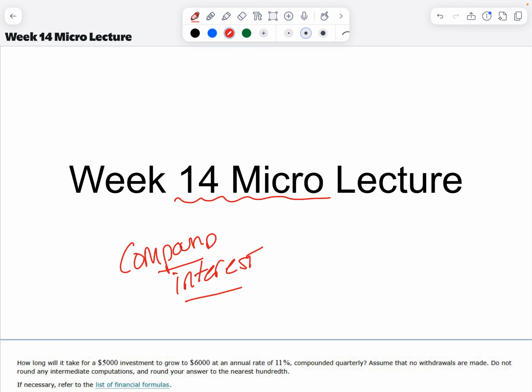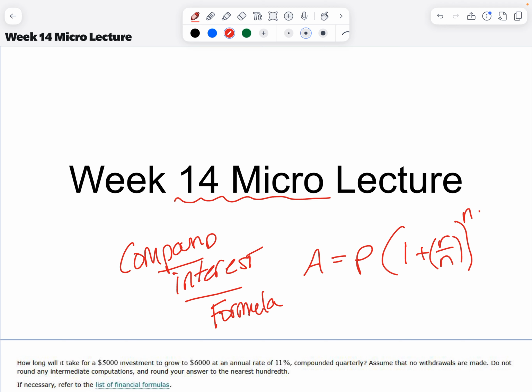All right, so compound interest formula. Make sure that's written down. You don't want to be scrambling trying to remember this. So A equals P times (1 plus R over N), and I always put those in parentheses too, up to the N times T. Okay, so A